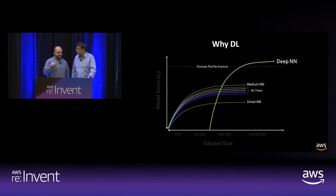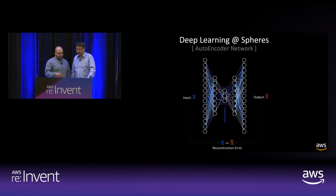Both the level of performance, the ability to capture data at really large scales, and to become adaptive, to keep learning and relearning, and to stay ahead of all of the system behaviors. Yep. So the specific type of neural network architecture we're going to be using for this problem of anomaly detection,